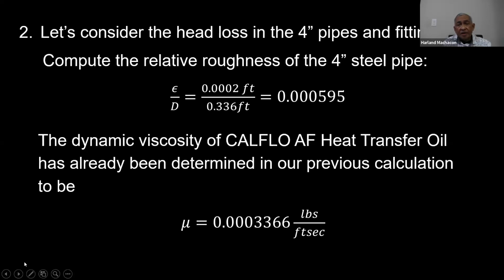Let us consider now the head loss for the 4-inch pipes and fittings. So we compute the relative roughness of the 4-inch steel pipes, 0.0002 feet divided by 0.336. This one is the inside diameter of a 4-inch steel pipe. The result will be 0.000595. The dynamic viscosity of CalFlow AF heat transfer fluid has already been determined in our previous calculation to be